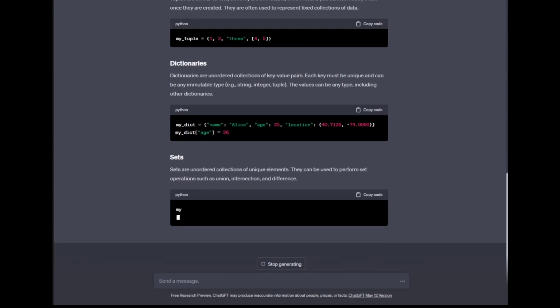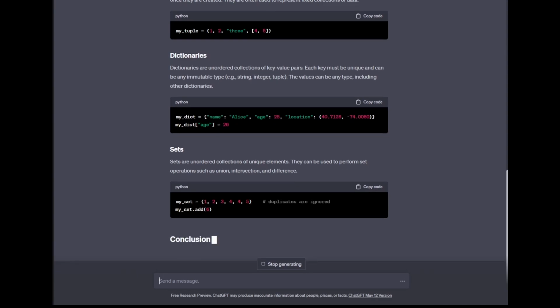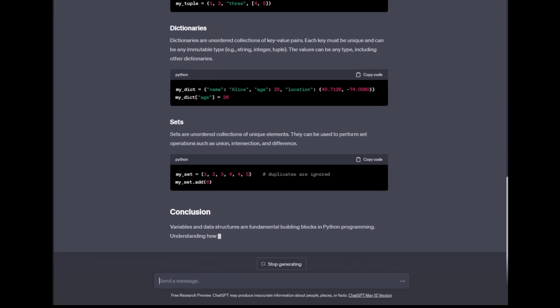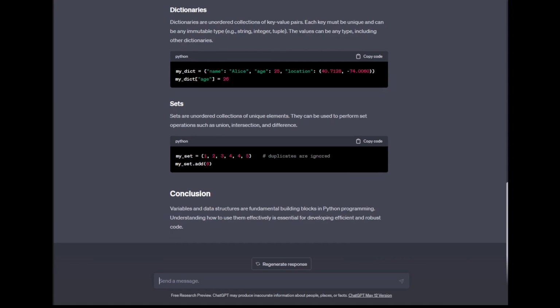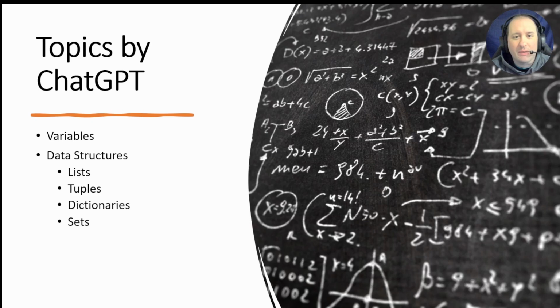So that summarizes what we got from ChatGPT. It gives us a conclusion and an understanding that variables and data structures are important, and that we'll go more in depth from here. So let's flip back over. Let me be your guide now to fill in the parts that ChatGPT didn't cover and help you on your